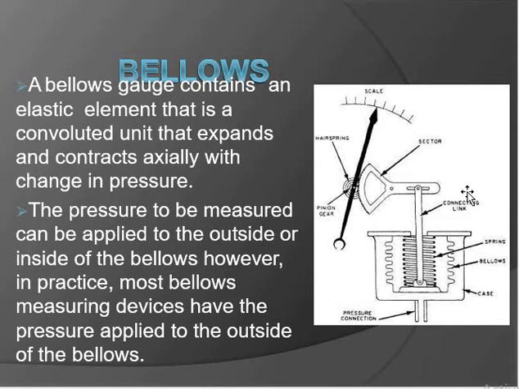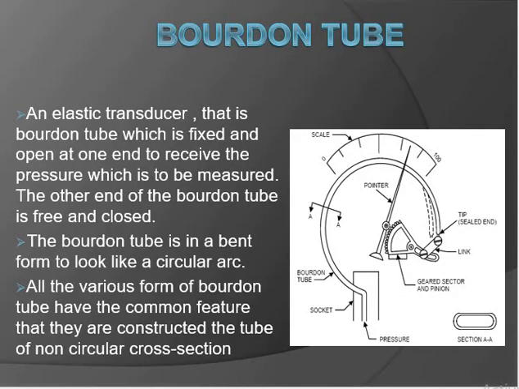When force is applied, the bellows will contract and expand, and over there we are measuring. At that time the stem is connected to the springs. The spring expands and contracts. It is connected to the sector or rocker arm. That rocker arm is connected to the pointer scale, and then it shows our pressure difference.